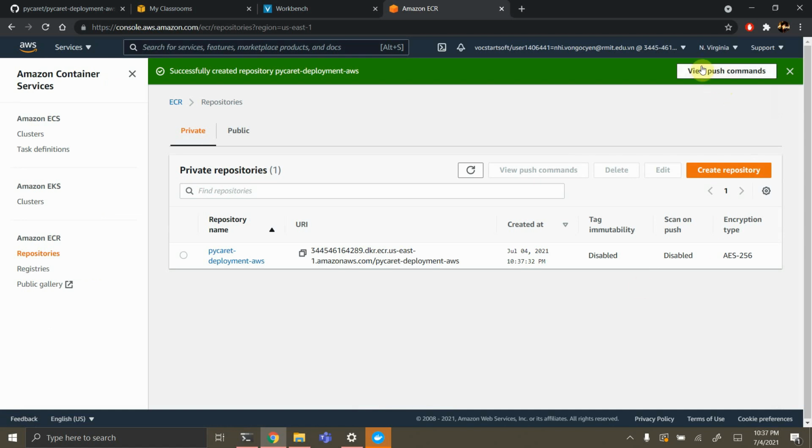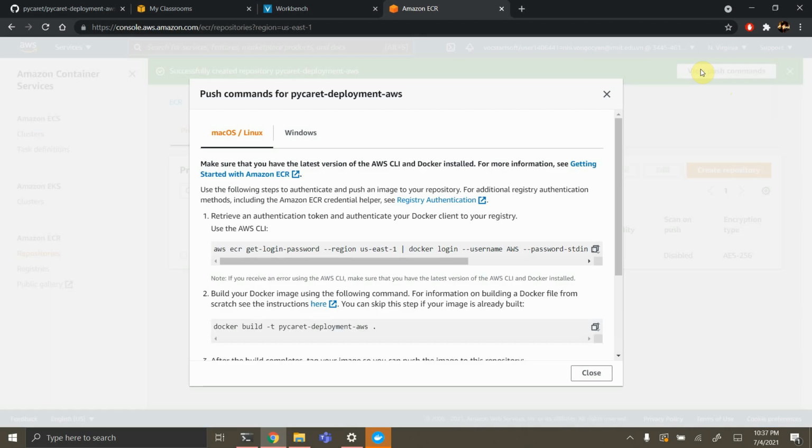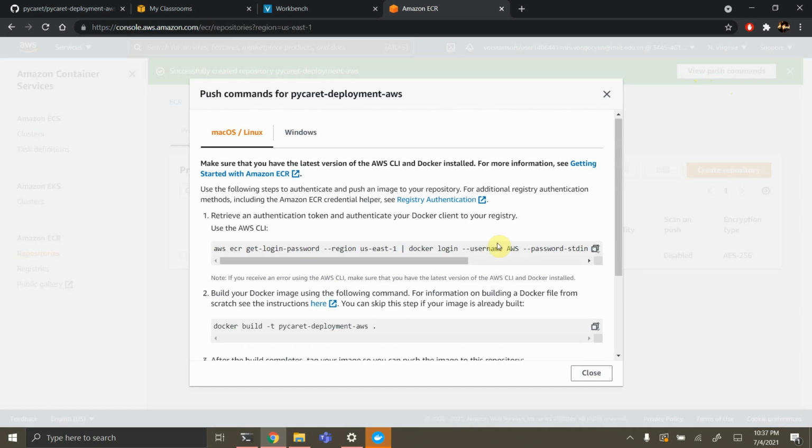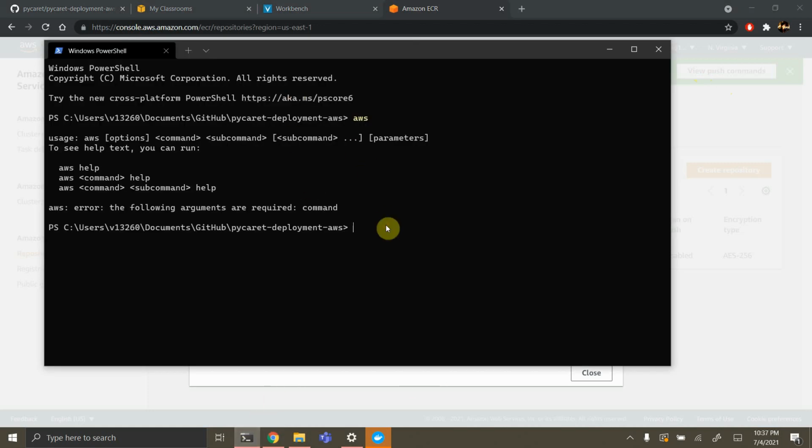Okay, now we need to view the push command. So this basically allows us to push the container onto the AWS container registry here. We will do it one by one, but first we need to set up the AWS in here. So to set up the AWS, what we need to do